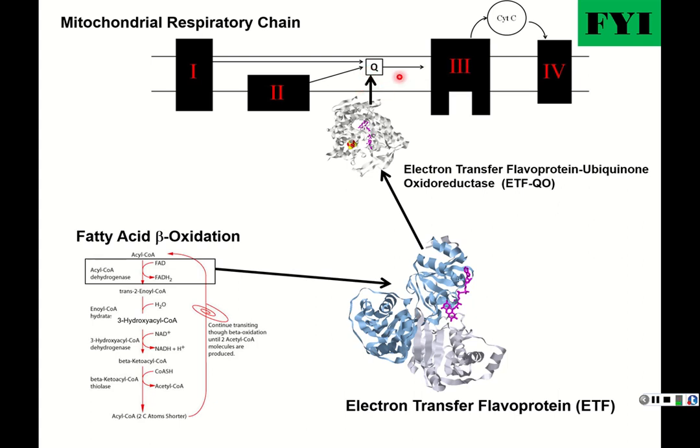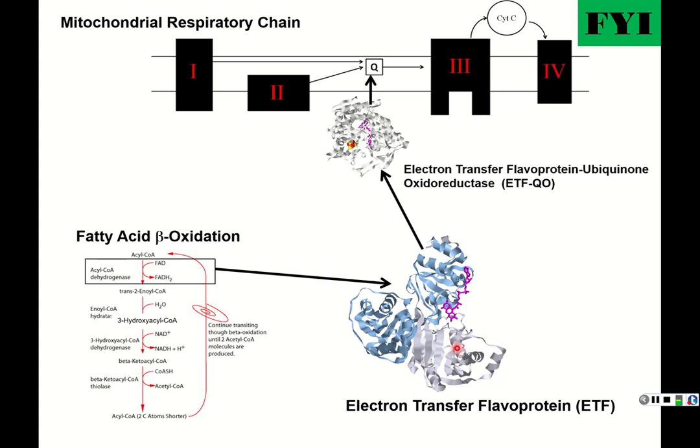That transfers electrons to complex 3, then to cytochrome C, to complex 4, and then complex 4 ultimately gives them to oxygen, O2, to form H2O. And that's why we breathe in oxygen, to be the ultimate electron acceptor in this chain. Right? The problem with these two proteins, and this is something that is really just mentioned in a sentence